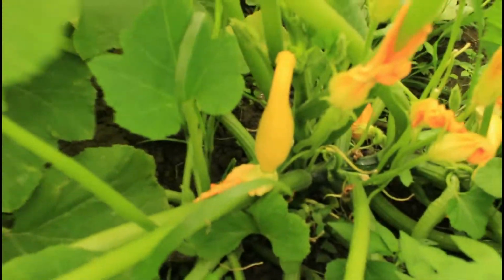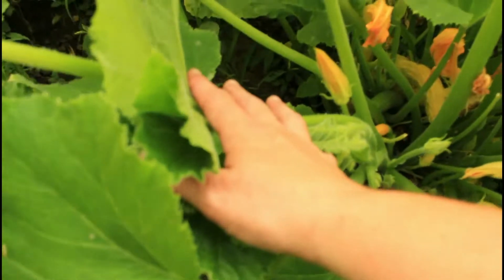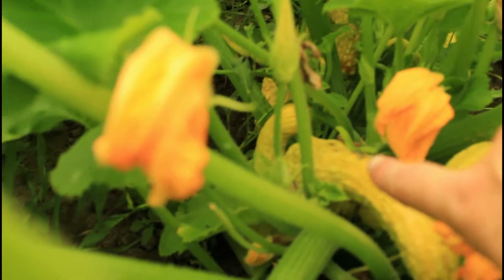Here's a little one because we were picking them today. I don't know, is there any more? I got these 2 plants, maybe 3. There, look at that shoot. There is zucchini bugs. Can you see them? Little monsters. Oh, squish. Got a couple. Got a couple. Anyways,